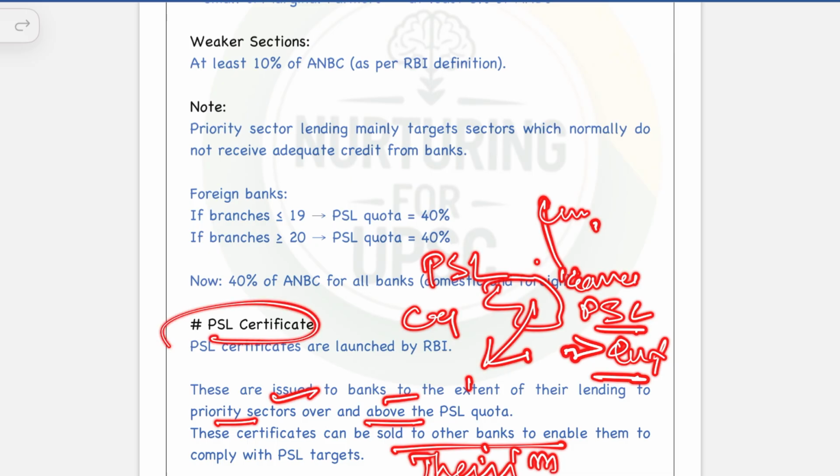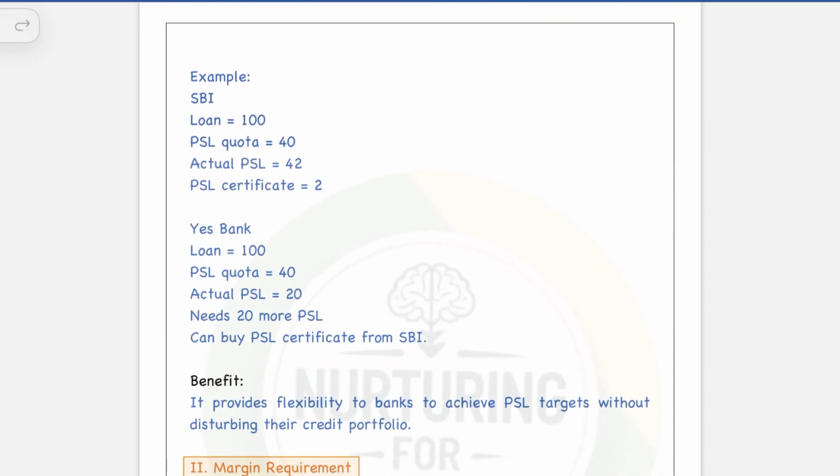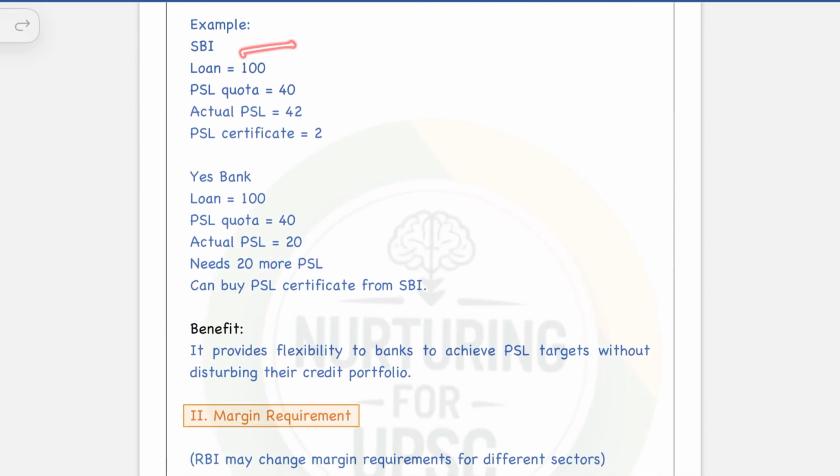So this is an excellent scheme created by RBI. You can say that SBI ने 100 रुपीज का लोन दिया और प्रायोरिटी सेक्टर कोटा उसके लिए 40 का है, उसने एक्चुअल में प्रायोरिटी सेक्टर लेंडिंग करी 42 रुपीज की, तो अब उसके पास 2 रुपए एडिशनल के प्रायोरिटी सेक्टर लेंडिंग सर्टिफिकेट्स हैं। अब यस बैंक ने क्या करा कि उसने भी 100 रुपीज के लोन दिए, उसके पास 40 रुपीज का कोटा है, पर उसने एक्चुअल में 20 में ही दिए, क्योंकि भाई वो अर्बन एरियाज में काम करता है,